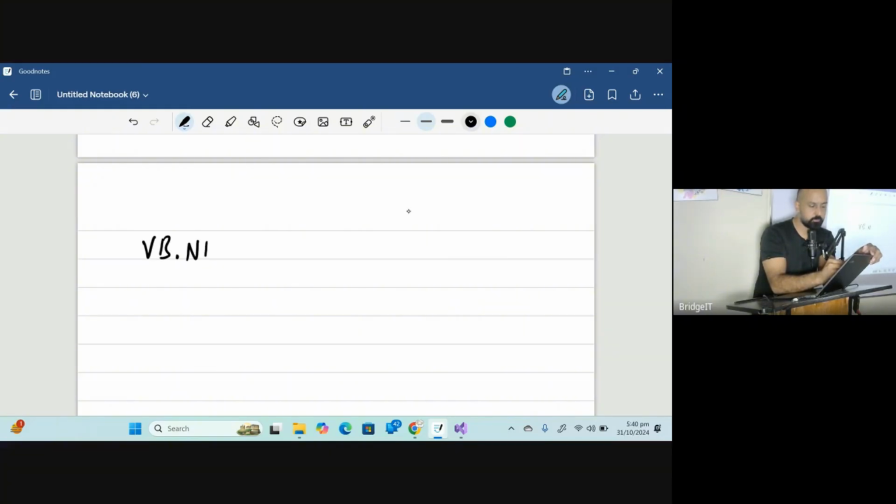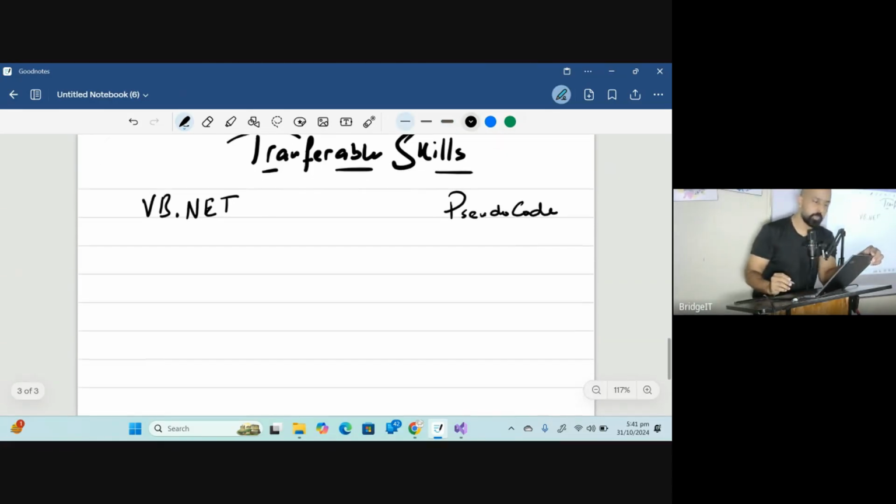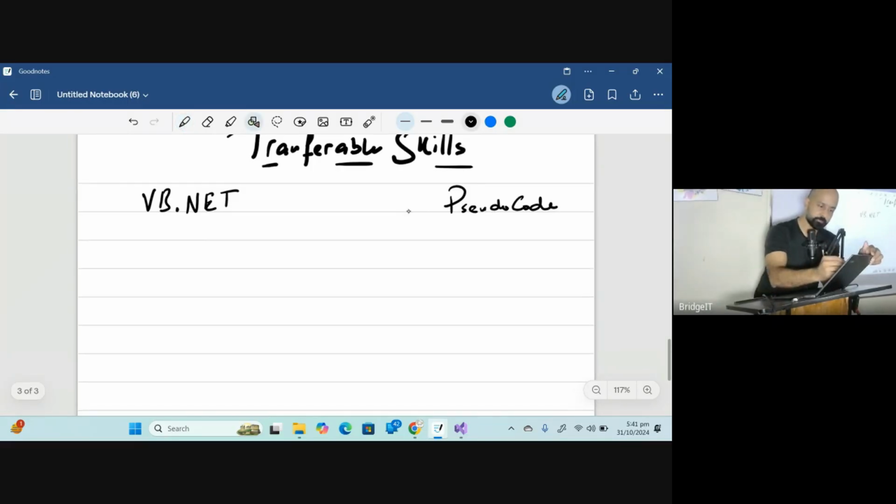VB.NET, pseudocode, transferable skills. Okay, so VB.NET and pseudocode.